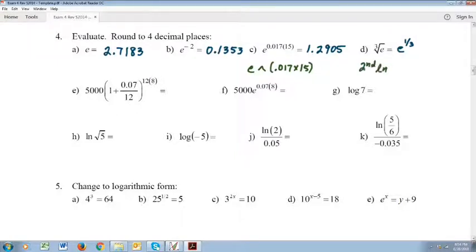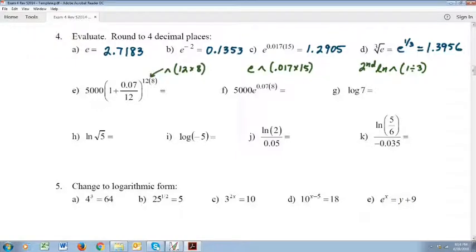On letter D, first you want to change that to e to the 1/3 power. And just remember, when you put that in the calculator, 1/3 should be put in parentheses as 1 divided by 3. On some of the TI-84 calculators, you don't have to worry about that kind of stuff, but the TI-83 you would. So just be careful. That's a common thing you got to watch, is that your exponent is put in parentheses depending on what you're doing, if you're doing some kind of multiplication or division. So there you get